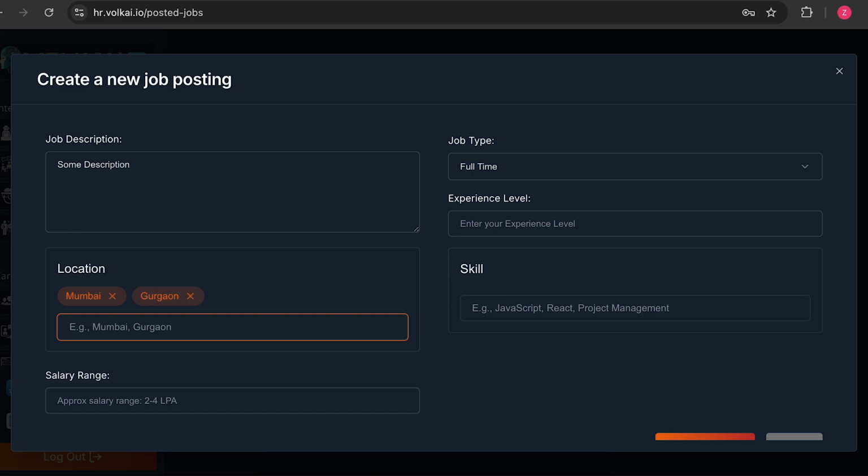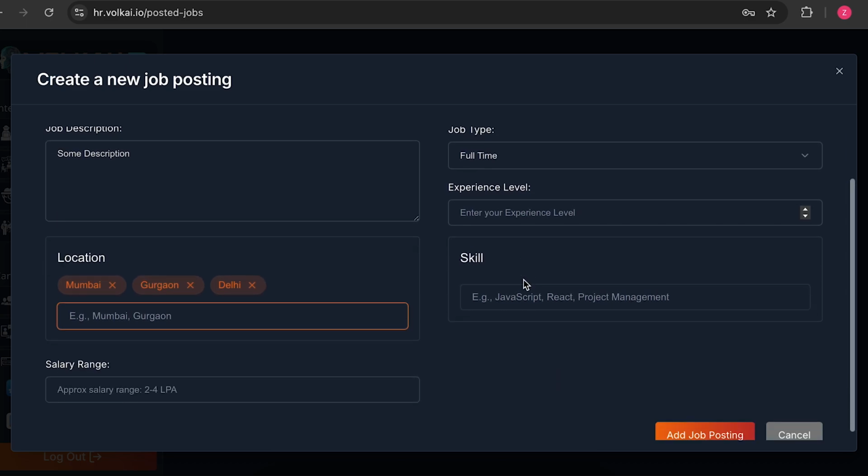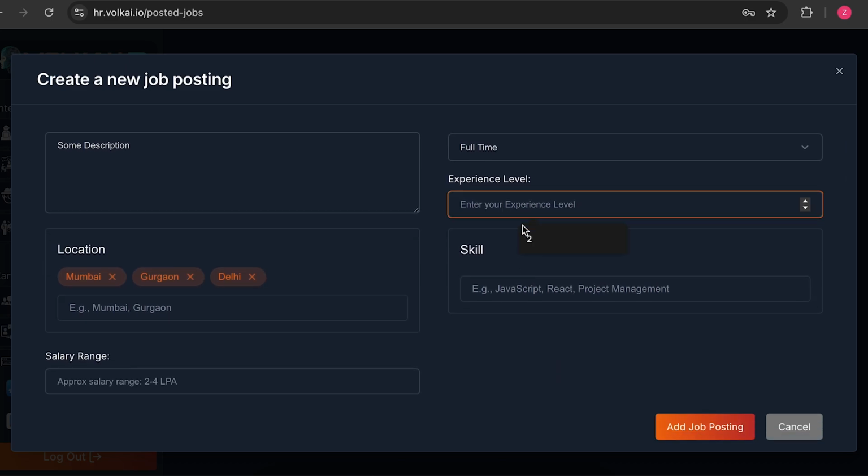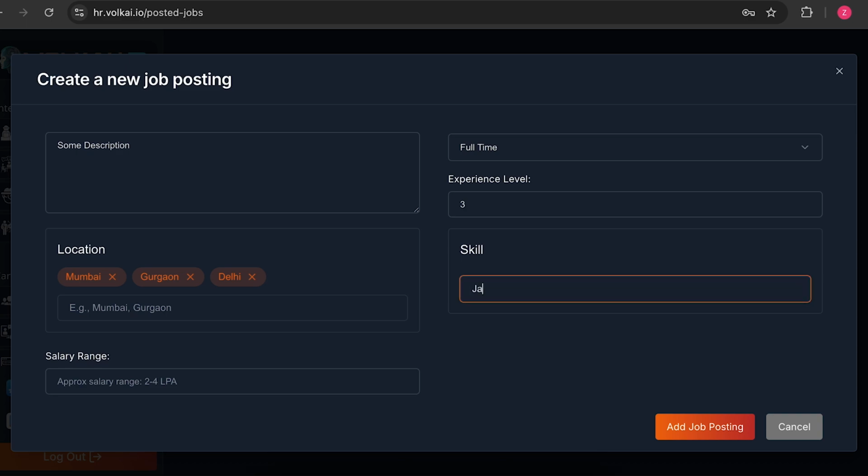location, Mumbai, Gurgaon, Delhi, and the experience level we are gonna use, 3 years of experience. Then skill required for this job title,